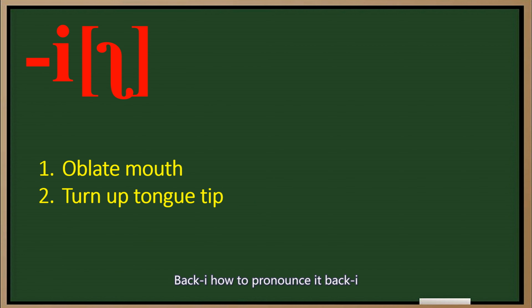Back E. How to pronounce back E? Mouth shape, unrounded mouth. Turn up your tongue tip, then put your tongue tip across the hard palate forepart. Vibrate the vocal cord and close nasal cavity. Then we get E. Okay, very good. The next one is